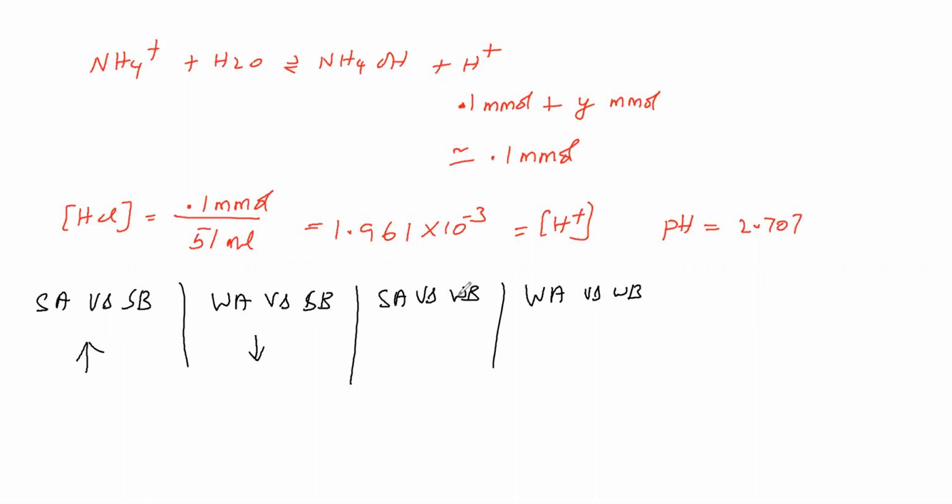Therefore, in this weak acid versus weak base titration, the change in pH near the equivalence point is much less. Therefore, which indicator shall we use for this titration? Shall we use any indicator for a weak acid versus weak base? No, we cannot use an acid base indicator for doing titration between weak acid and weak base, because here the change in pH near the equivalence point will be much lower when compared to this. Therefore, no indicator is suitable for this titration. So acid base indicator